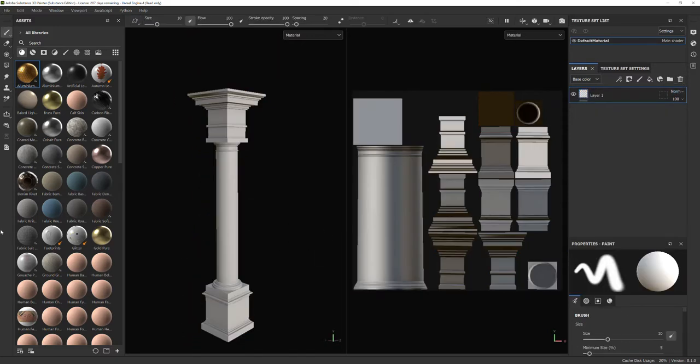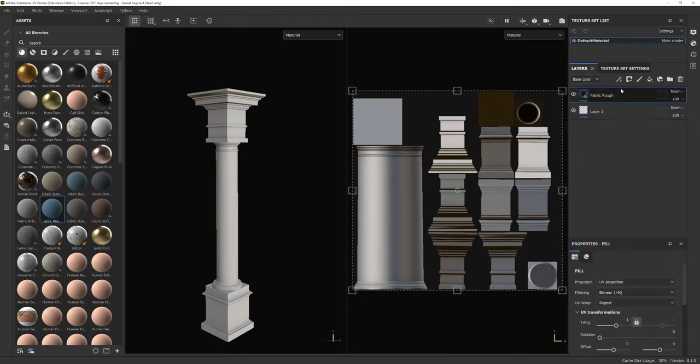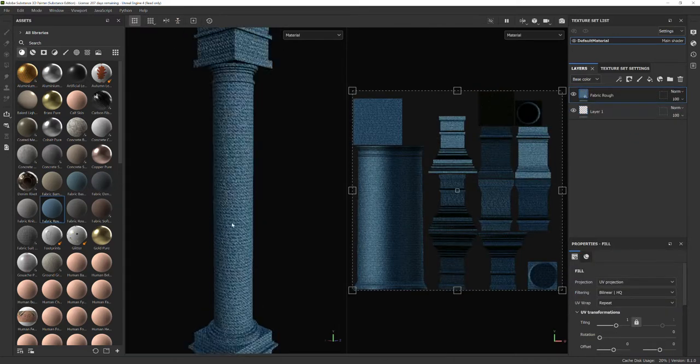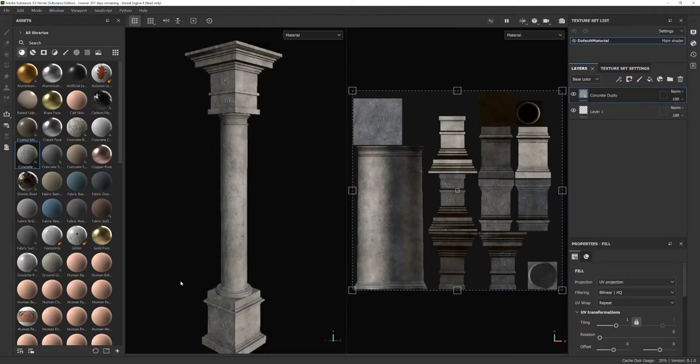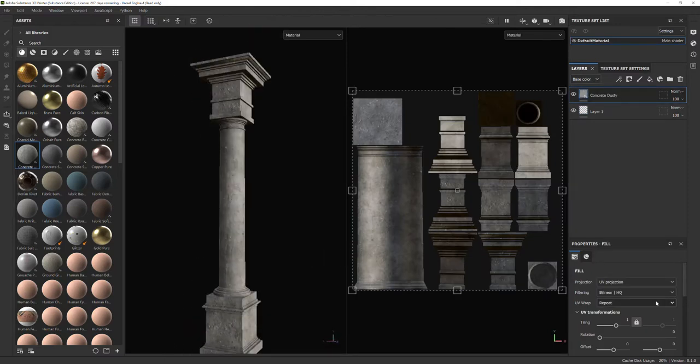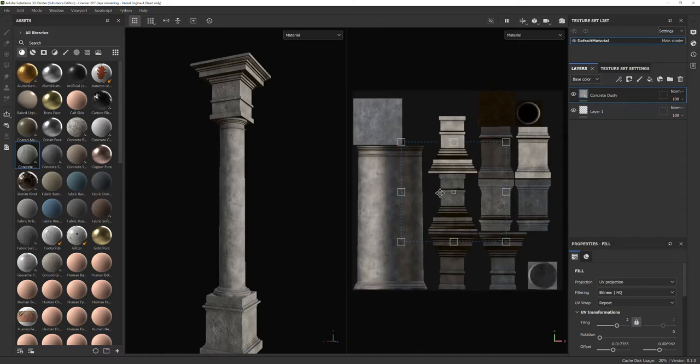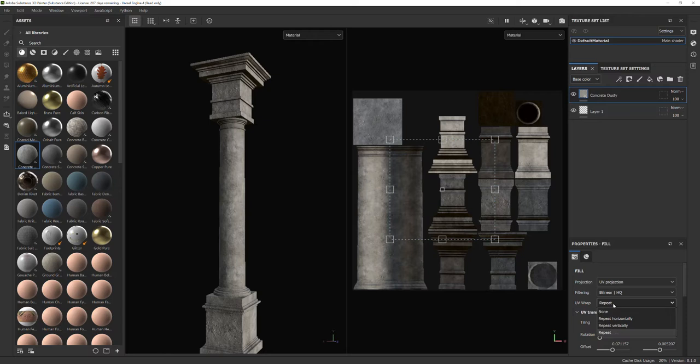Let's just trash that. There's like fabric rough. Right, we want to have kind of a weird fabric version, but that's not really what we're looking for, right? We want something like a concrete, so let's bring that over. Right, so now we have a concrete material in our column, and again, if you want to, you can come down to the properties and you can adjust the tiling frequency on it. If you want to see how things sit differently, you can kind of shift that around. Right? You can also